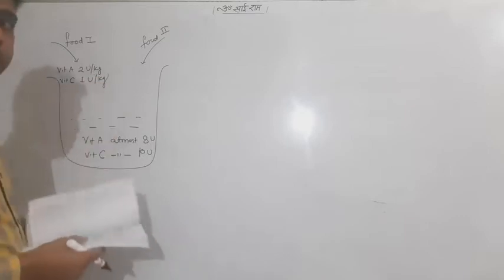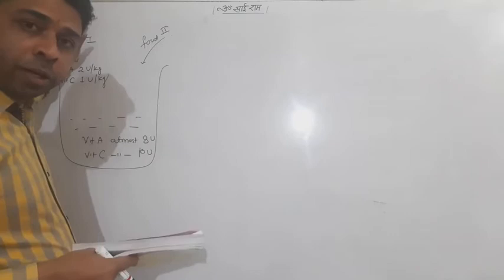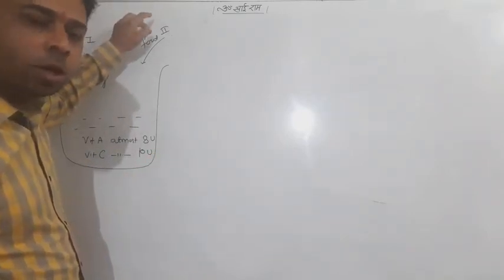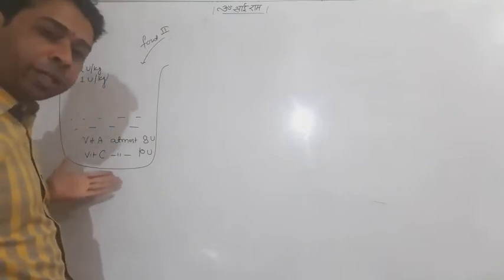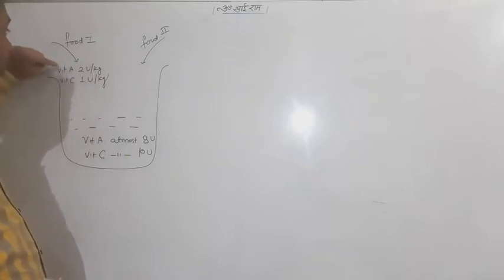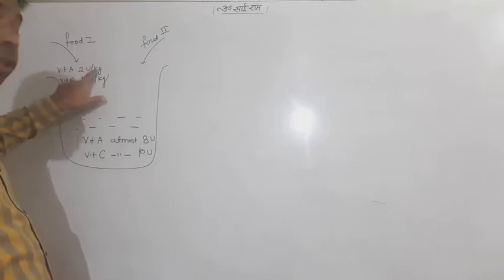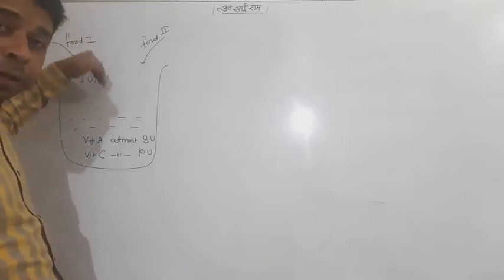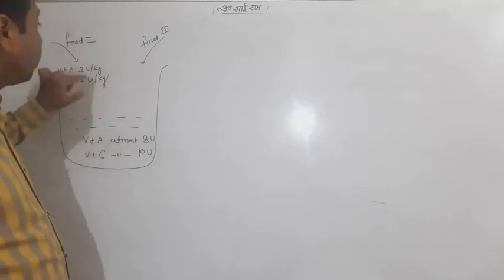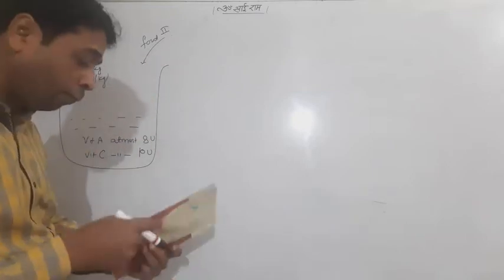That's a very good thing. Actually, food 1 contains both vitamin A and vitamin C. Food 2 also contains both vitamin A and vitamin C. When the mixture is obtained, it definitely contains both vitamin A and vitamin C. So here it is a very good thing that it's given. Vitamin A and vitamin C in food 1 depend on kg. So whatever quantity you are mixing in the pot, according to that the quantity of vitamin A and the quantity of vitamin C will be decided. Same as for food 2.